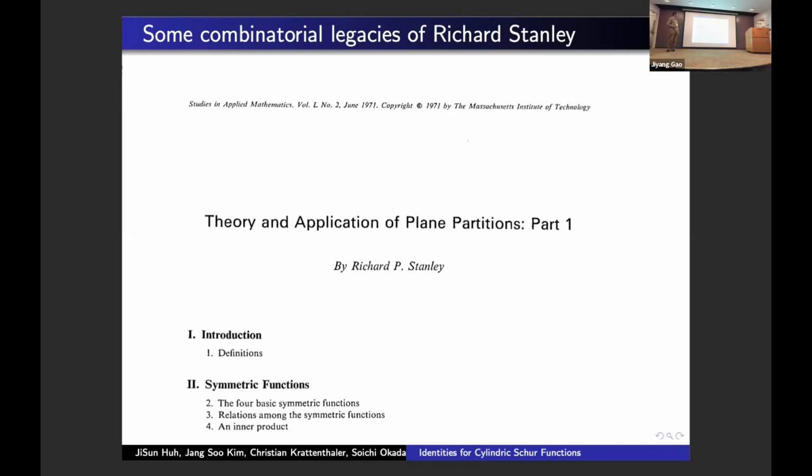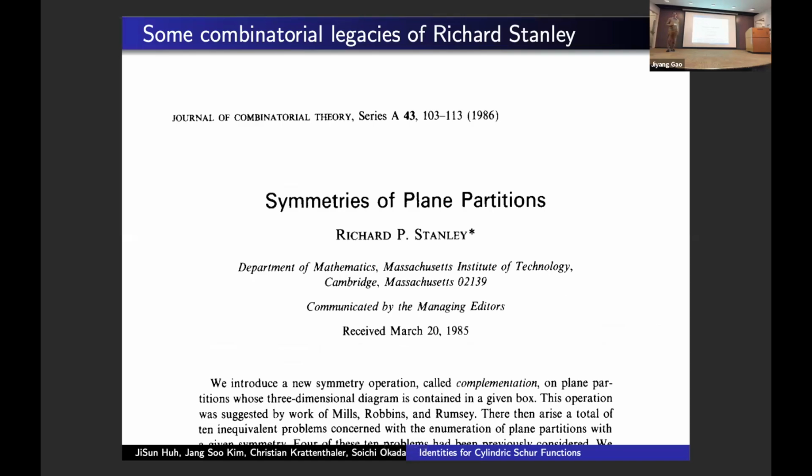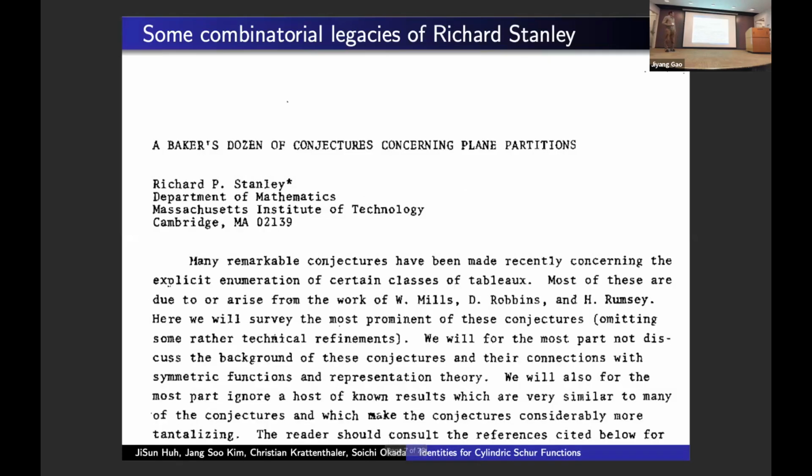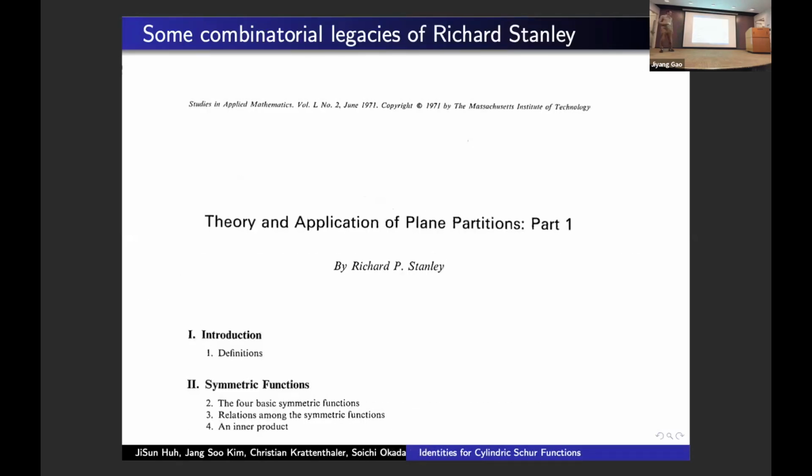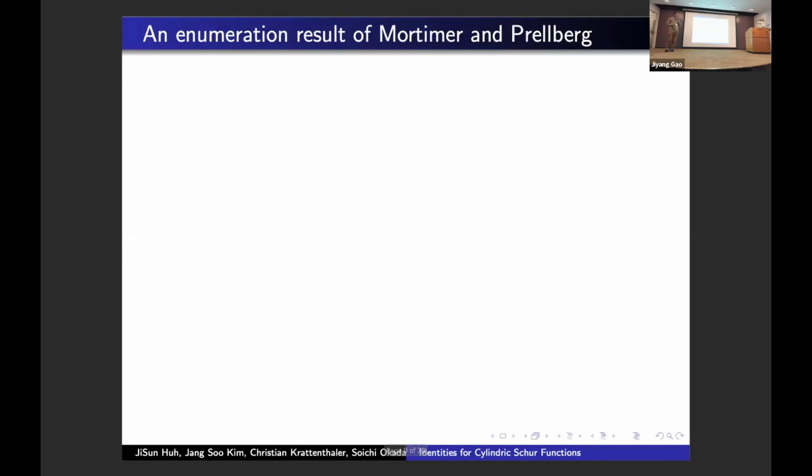And what he preaches there is: apply symmetric functions to solve plane partition enumeration problems. And indeed, he follows this advice in this paper, where he solves the enumeration of self-complementary plane partitions by showing that if you lift things to the level of Schur functions, then what you need is a very beautiful instance of the Littlewood-Richardson rule. Right, so this advice, use symmetric functions, when you do plane partition, tableau enumeration,